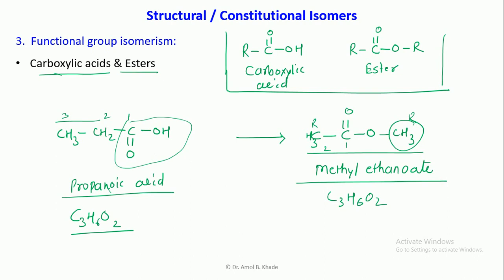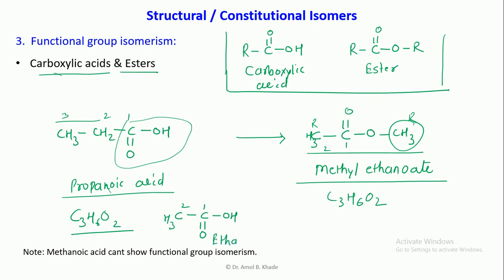Alright, now we'll see one more example, and then we'll see the exception. You can see here CH3, dash, C double bond O and then OH. This is 1 and 2, so it is ethane, and because of the carboxylic acid it is oic acid, so this becomes ethanoic acid. Count the number of carbons, 2, count the number of hydrogens, 3 plus 1, 4, and count the number of oxygens. Because of the acid functionality it has 2 oxygens, so C2H4O2.